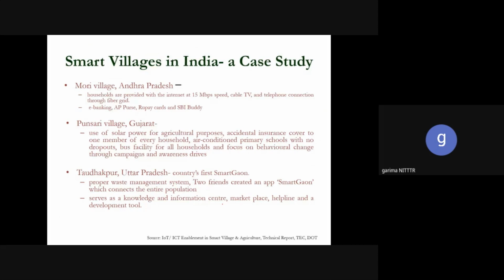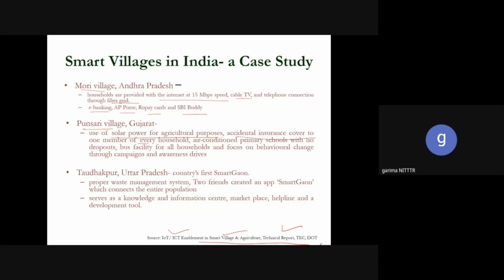There is one more study available, a Department of Telecommunication technical report related to IoT and ICT enablement in the smart village and agriculture, and also other sectors. They have identified some smart villages. One is Muri village in Andhra Pradesh, where every household has been provided with 15 Mbps internet connection and cable TV and telephone connections through a fiber grid. They have also provided e-banking, RuPay cards, SBI Buddy, etc. Then Pansari village in Gujarat, where they have used solar power for agriculture purposes,